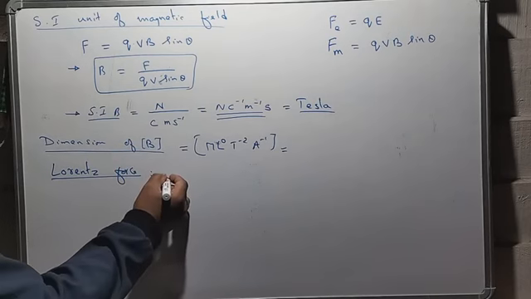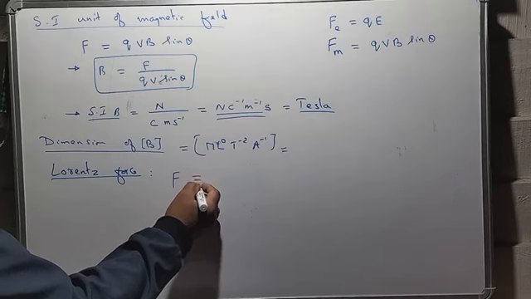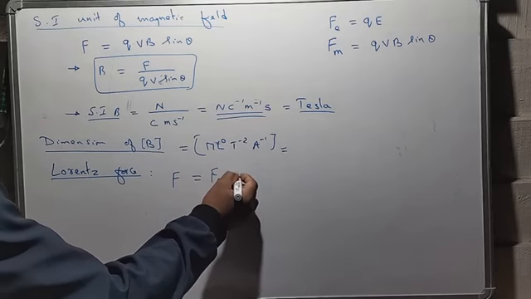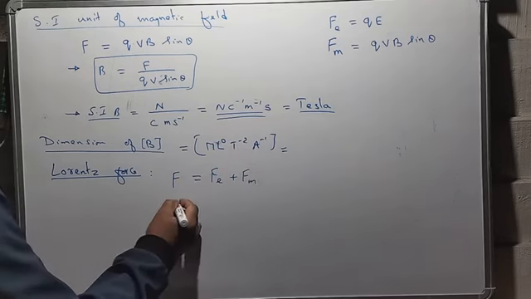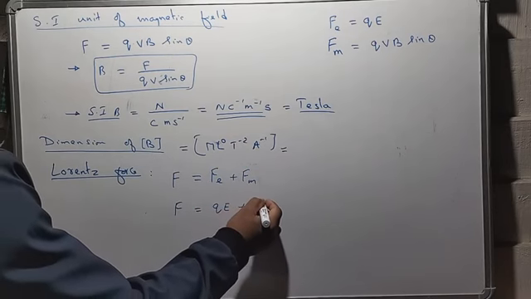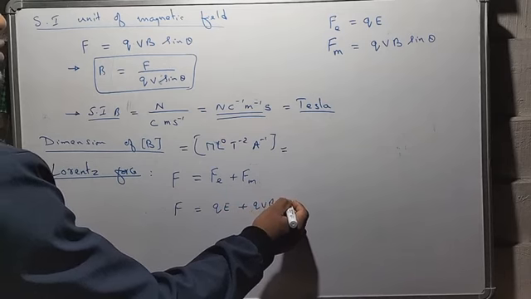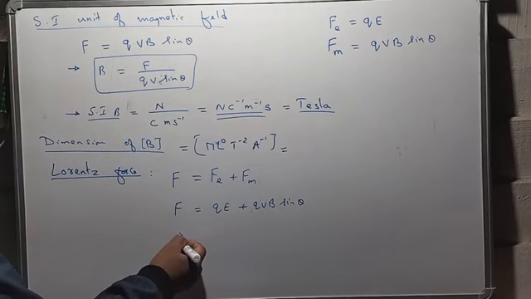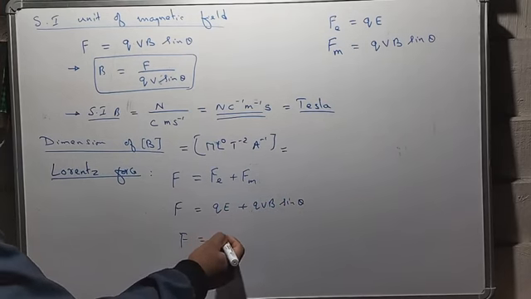So this Lorentz force is written as F equals Fe plus Fm, or F equals QE plus QVB sine theta, or if you take Q common,